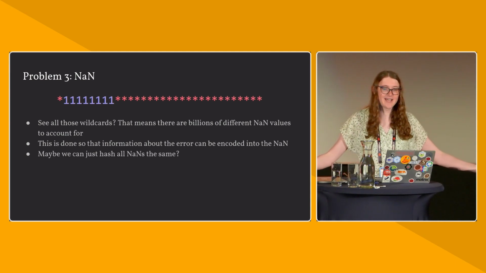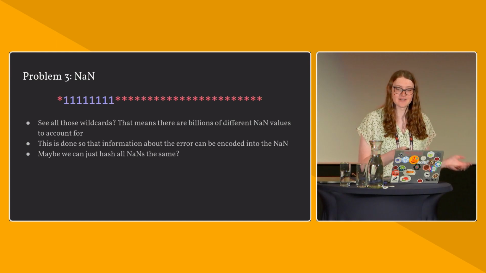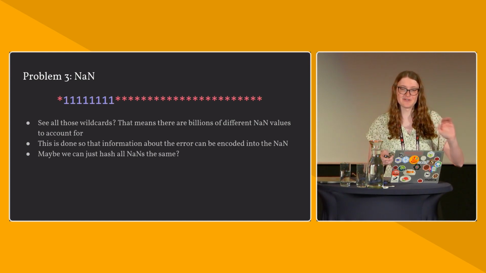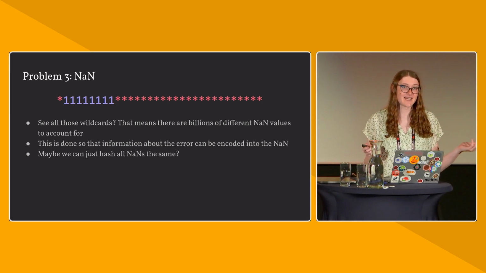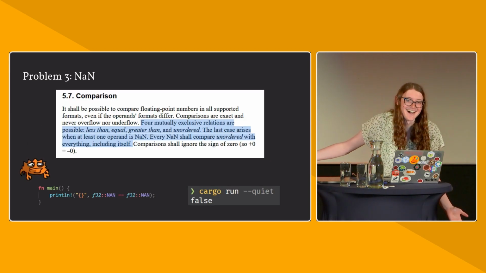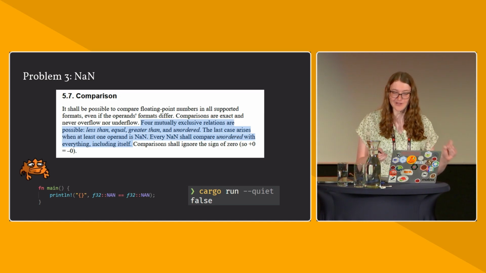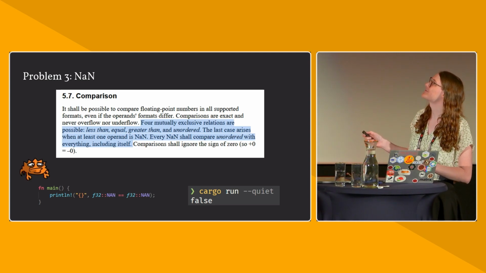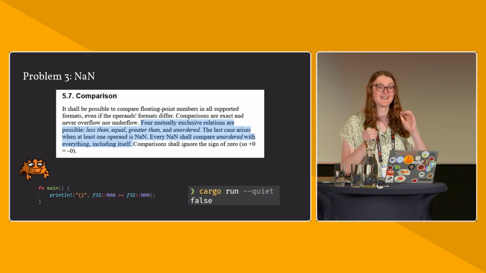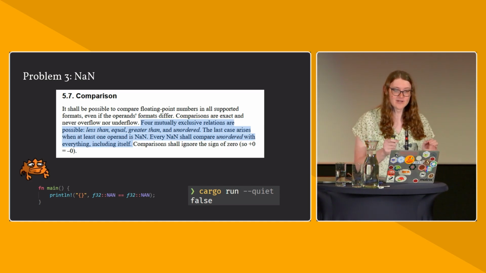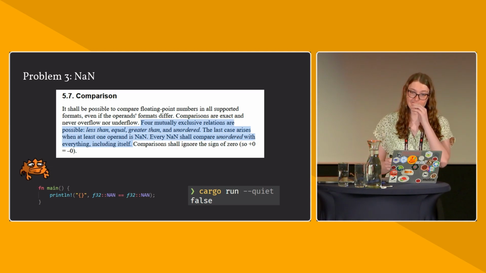How would you even hash that? A simple solution maybe is to try to hash all NANs the same. We say, okay, they're all errors, so we'll just say that every NAN is hashed identically. Except, you can't do that, because NAN is not equal to itself by the original floating point standard. This snippet of text is from IEEE 754, which is the RFC that defines how floating point works, and it says that NAN is always unequal to itself, and it's always non-ordered with respect to itself and every other floating point value.